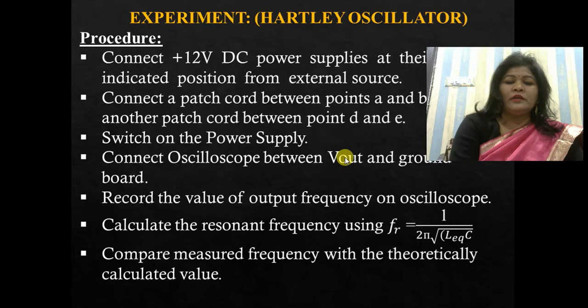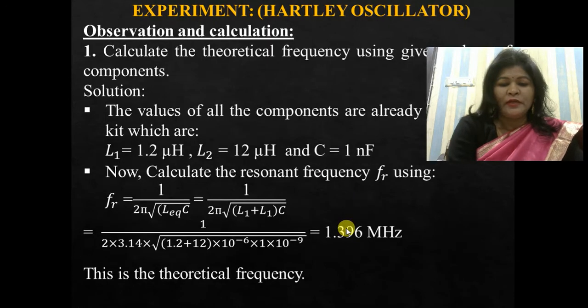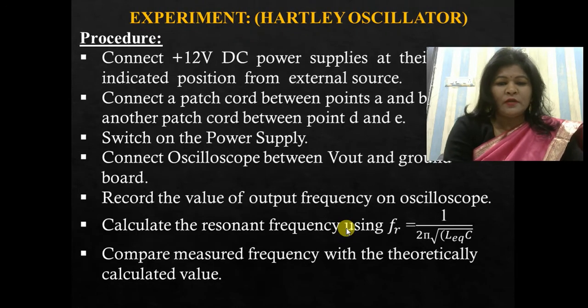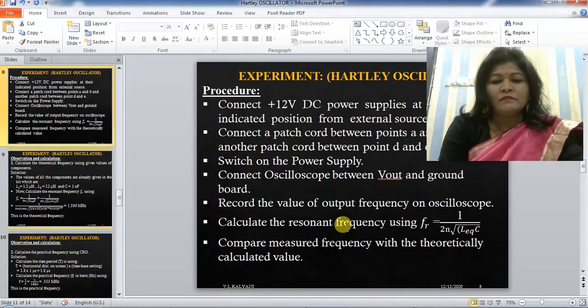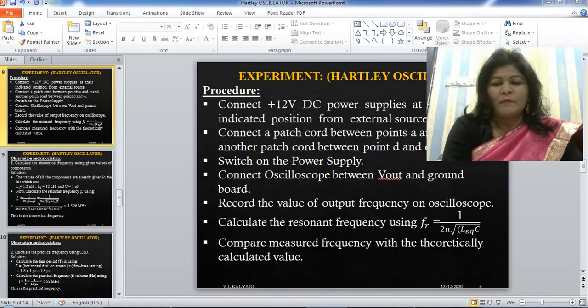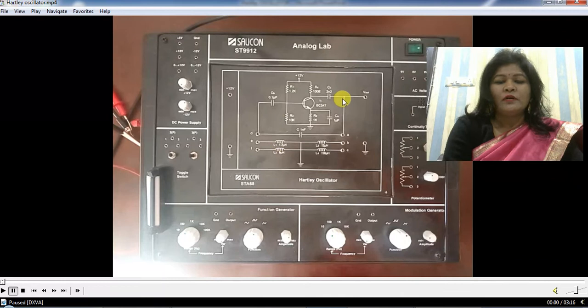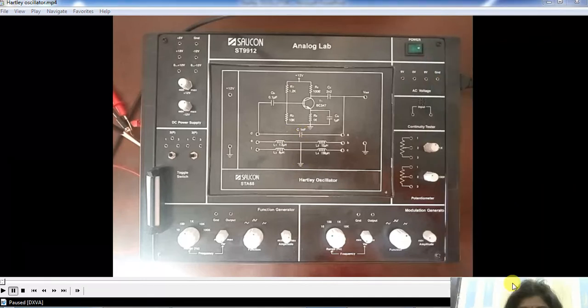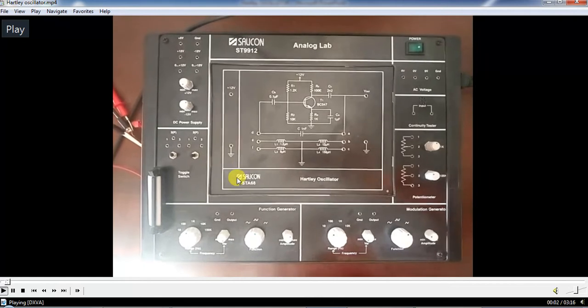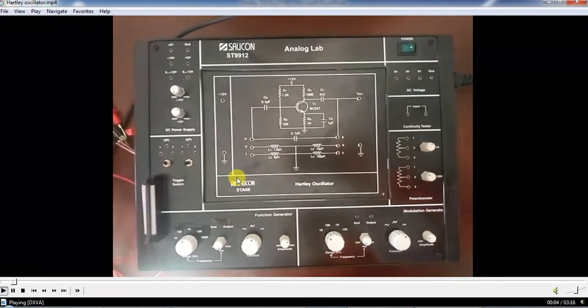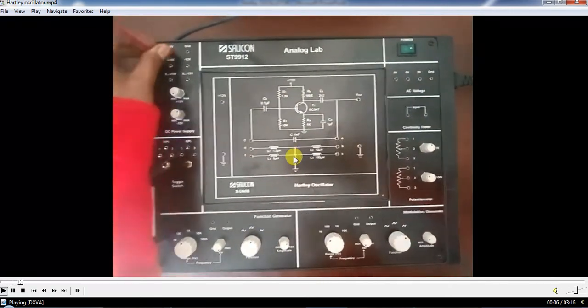So in your live experiment, this is your Hartley oscillator circuitry, and this is the analog board, and in this circuit you can perform the experiment like this.